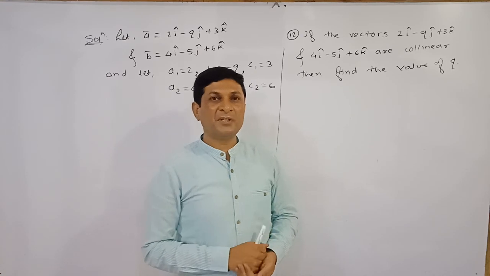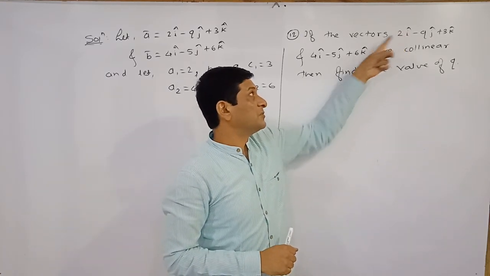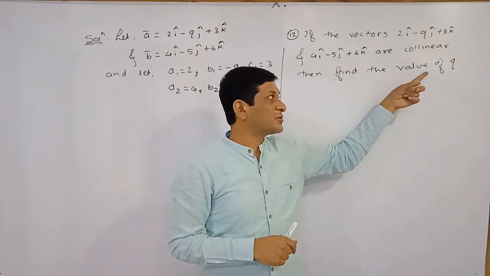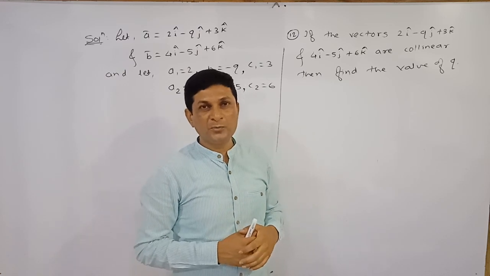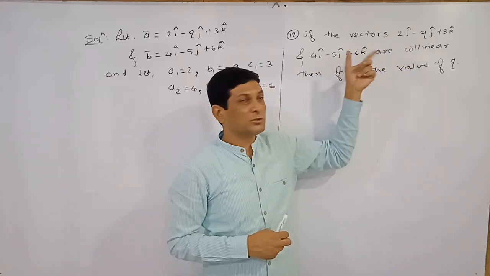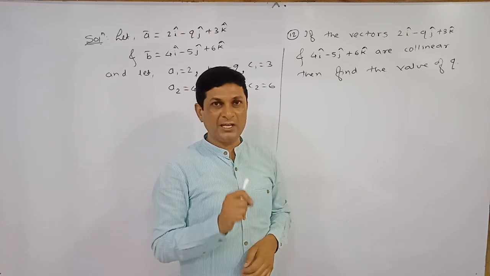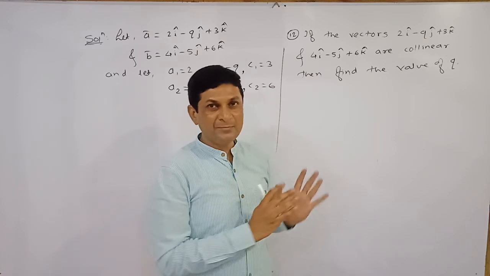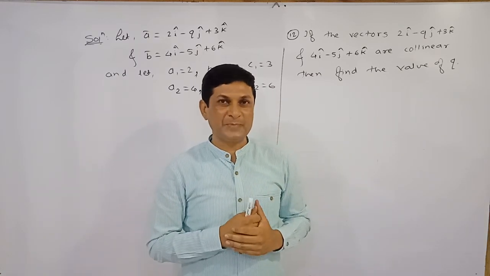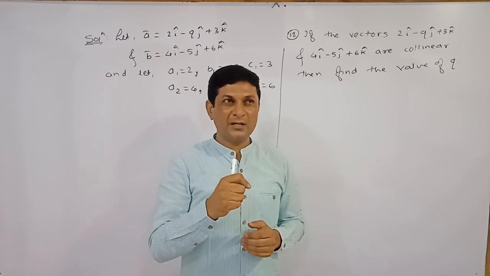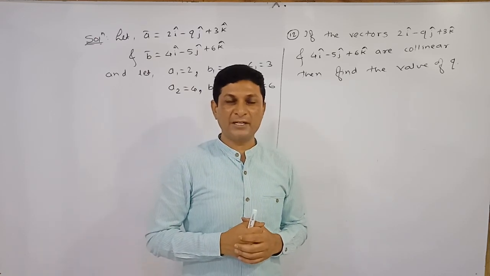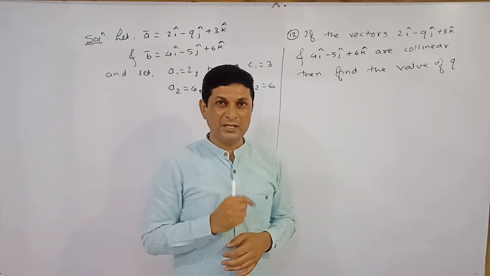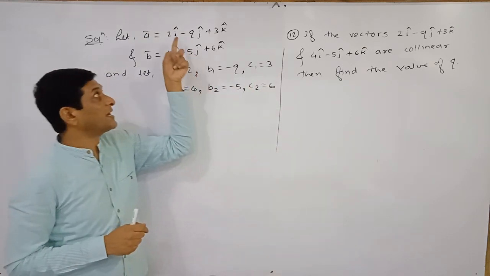See, in this example number 12, two vectors are given to us. These two vectors are what? Collinear. Using this condition, our aim is to find the value of q. If you observe the given two vectors, both are expressed in terms of i cap, j cap, k cap. And if two vectors are expressed in terms of i cap, j cap, k cap, that representation is called Cartesian representation. In one video, titled collinearity of vectors, we wrote one condition which is satisfied if two vectors are what? Collinear. So now these two vectors are in Cartesian form.